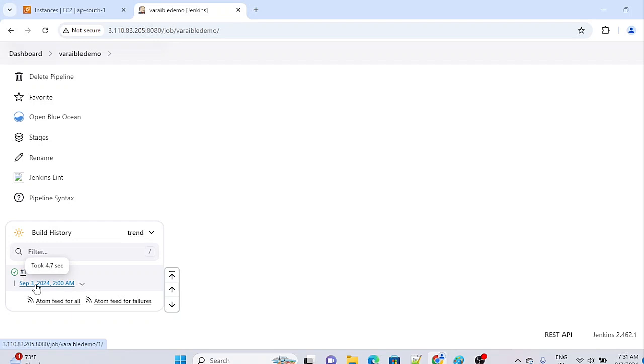So that's why some guys may ask this question: hey, what is the difference between the build number and build ID? Build number and build ID are two predefined Jenkins environment variables. That's why I said